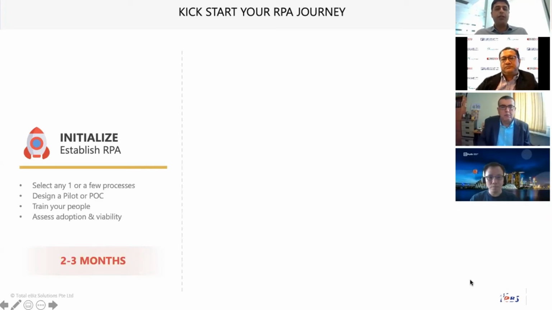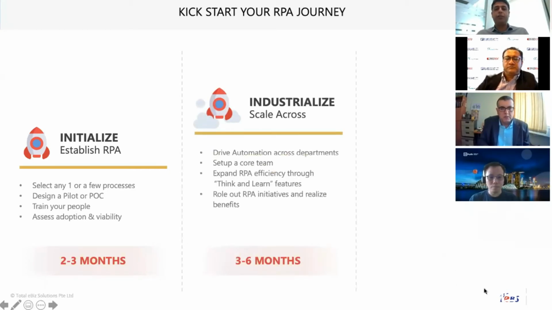And this could take as little as a couple of months or a few weeks to start off. Then from there, once you have initialized and tested the waters and have some feedback, you can jump into the next stage where you start scaling RPA across your organization. By that, I mean that in a few months, probably in the next quarter, other departments could be looped in. And you start off by setting up a core team.